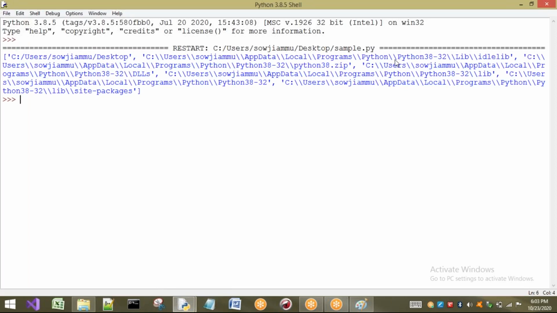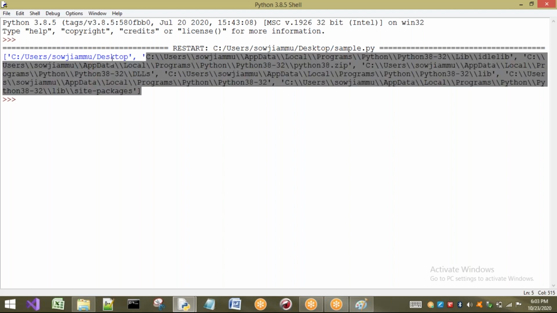You can observe what outputs are generated. The first one is where my sample file is, on the desktop, so it shows that desktop. Next, these are the default paths for Python. Now the concept is, if I execute something from the desktop, it will work, because the current working directory is the desktop, so anything I want to access from the desktop is going to work.